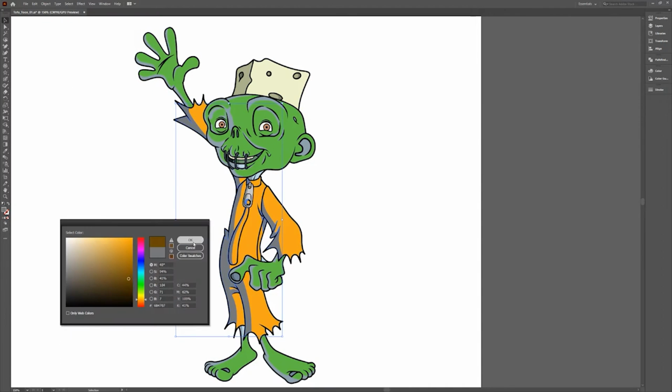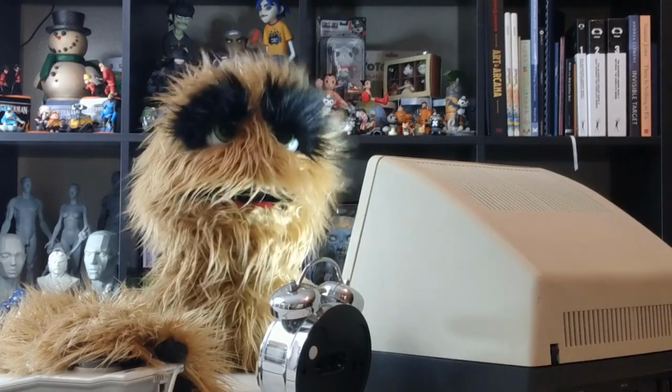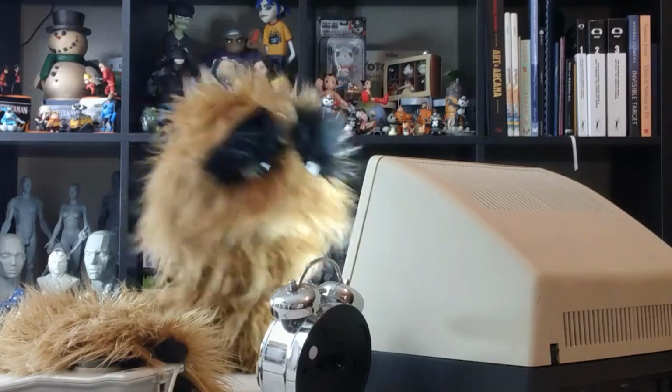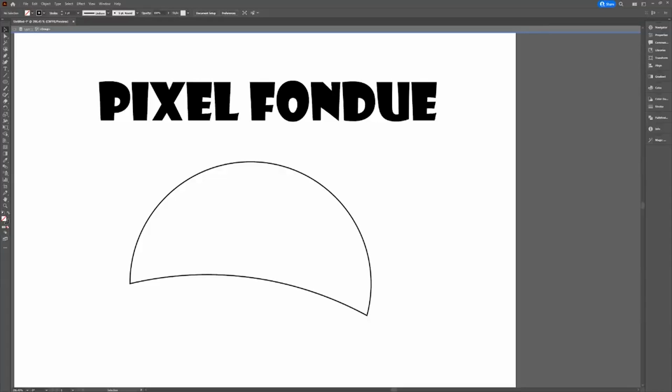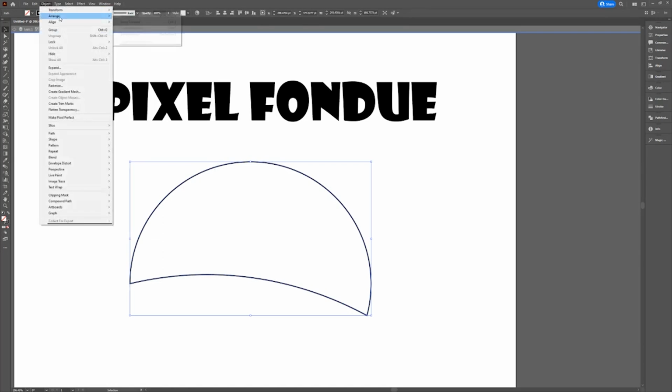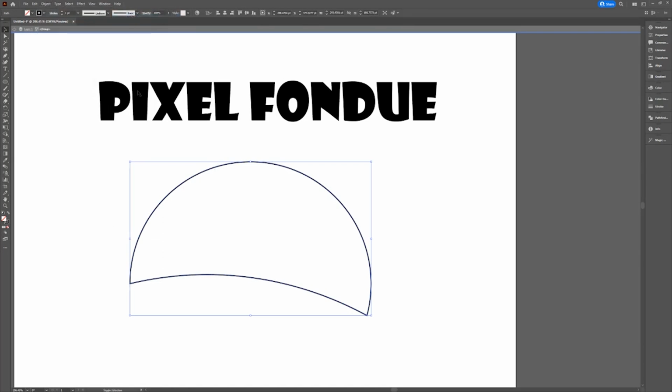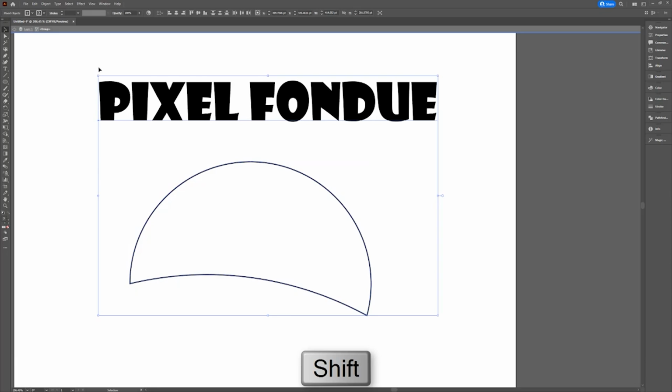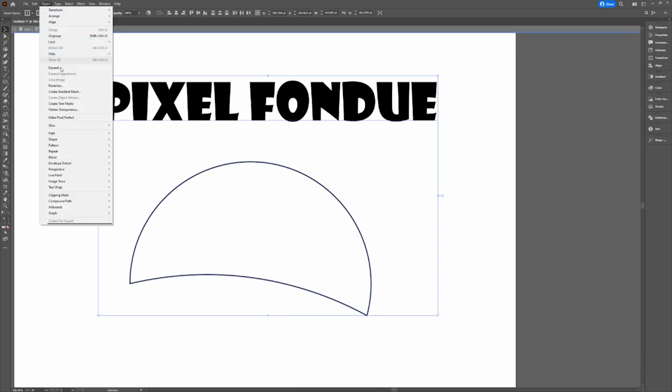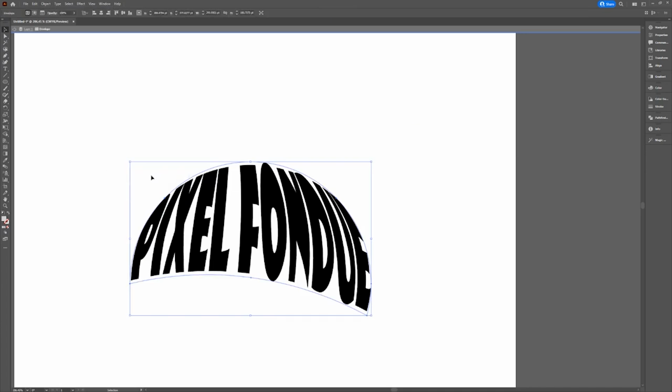selecting elements in Illustrator. Floyd here with a quick look at how to convert text to a shape in Illustrator. Start with some text and the shape you'd like to work with, select the shape object, and use the Bring to Front command from the Object menu. Next, shift select the text so that both the text and shape are selected. Then go to Object, Envelope Distort, Make with Top Object, and you're all set. It's important to note that both the text and shape are still live, enabling you to edit them at any